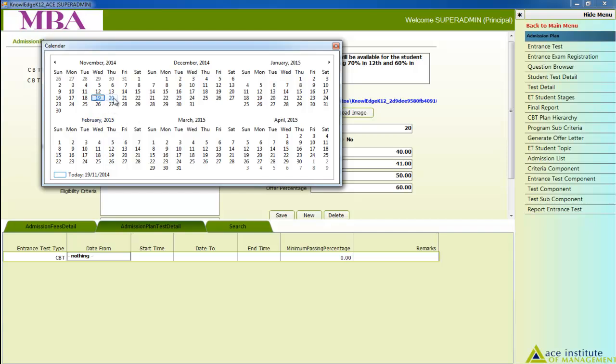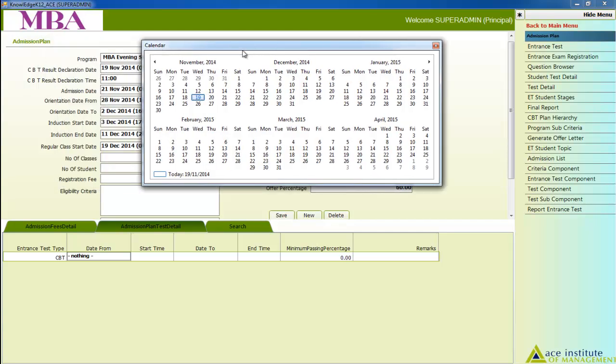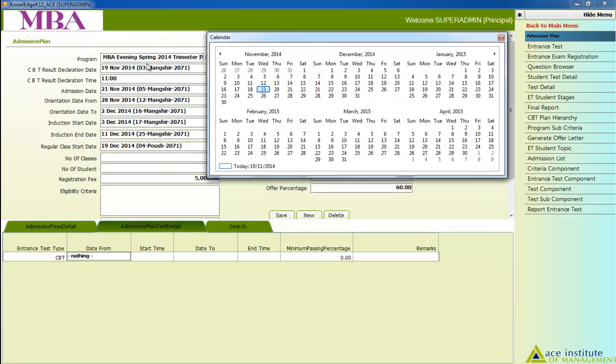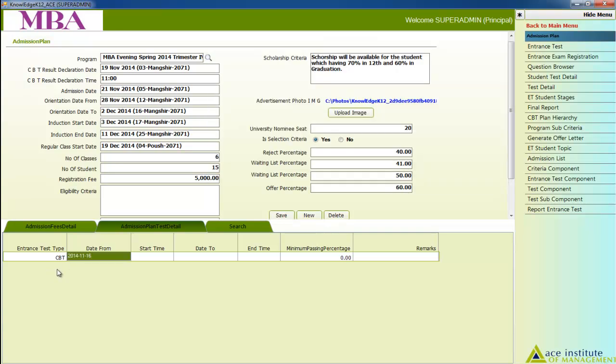Make sure here that the CBT result declaration date is 19th November. We inserted that earlier, so the test date will be before this result declaration date. Then make it this 16th, with the time of this test as 11. Date 2,